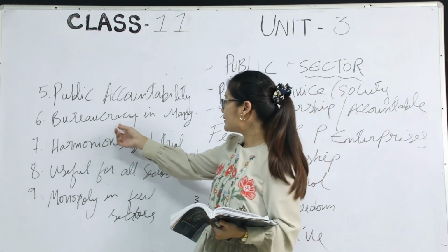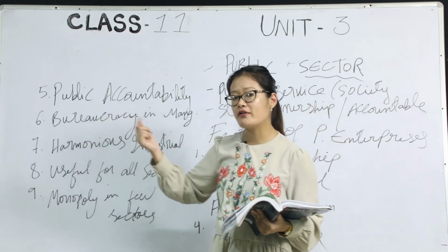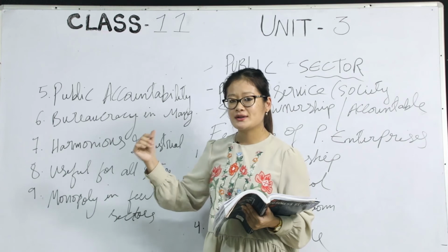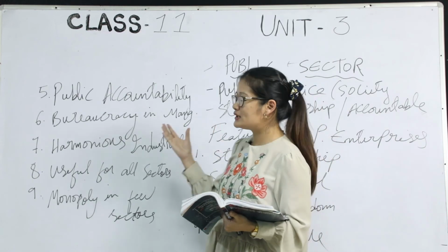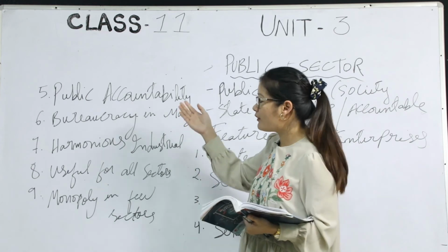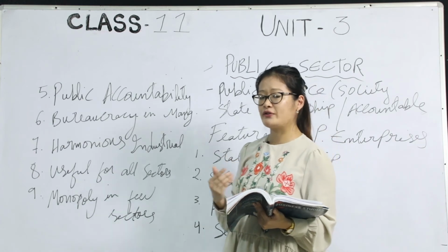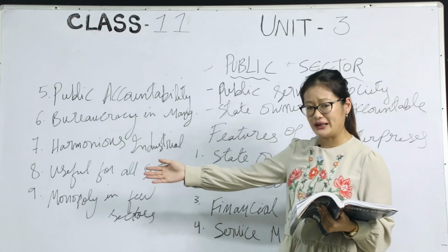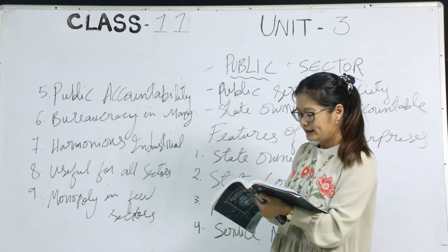Number 6, bureaucracy in management. So here the word bureaucracy means top officials, all right? Since we are dealing with the public sector, the top officials are definitely going to be involved. So whenever decisions need to be made, whether big or small, the top officials, for example the IAS and IPS, take control of the situation and they do the planning and the decision making.